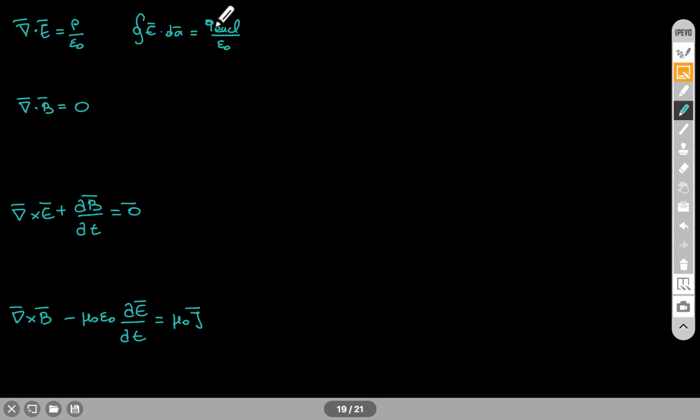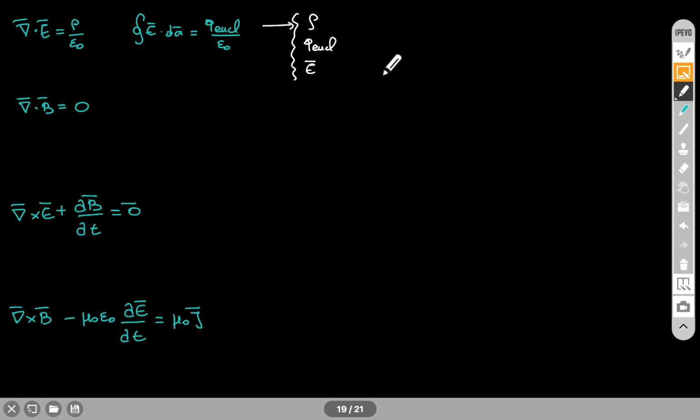However, if you have the charge enclosed and you have symmetry, then this allows you to find the electric field. If you remember, we've used Gauss's law in the integral form in cases where symmetry allowed us to pull the magnitude of the electric field out of the integral, and we were able to use the given charge enclosed to find the electric field. So from Gauss's law, if you want, you can find the charge density, you can find the charge enclosed, or you can find the electric field